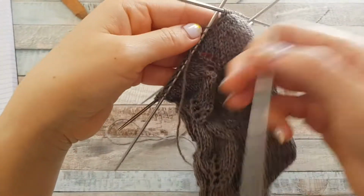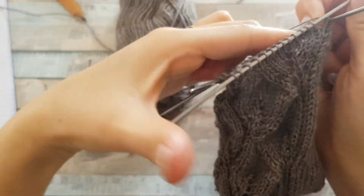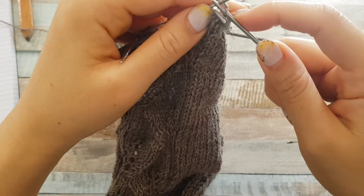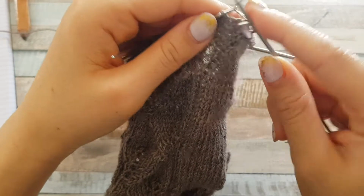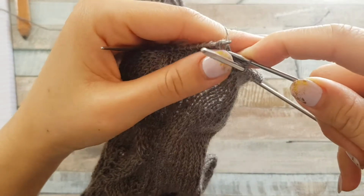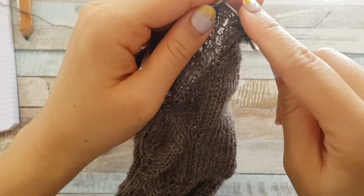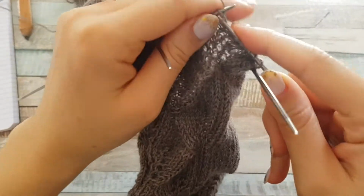And then on this needle you start with, you knit the first one and then knit 2 together to the left. And all the rest we just knit,